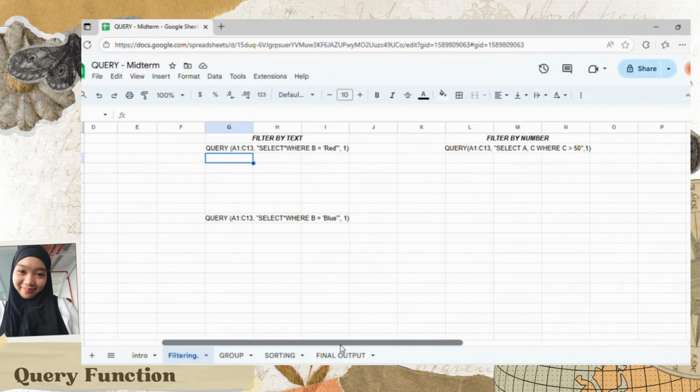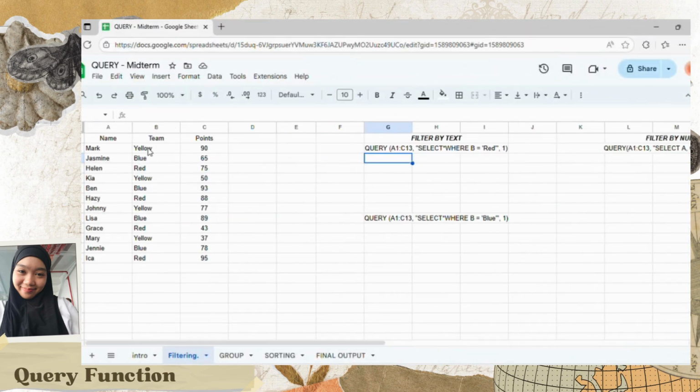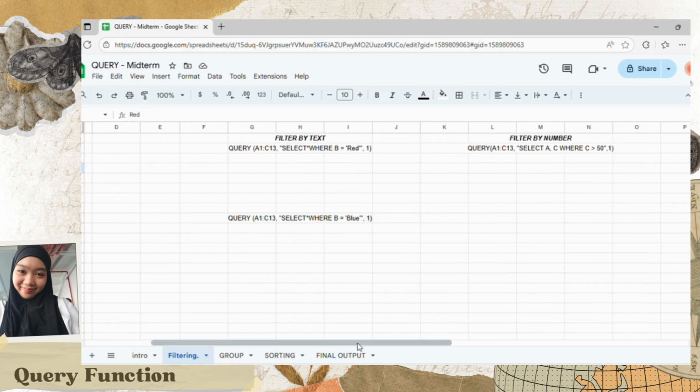Filter by text. If you want to filter all these themes, we have yellow theme, blue theme, red theme. So if you want to filter the red theme, we will use this formula.